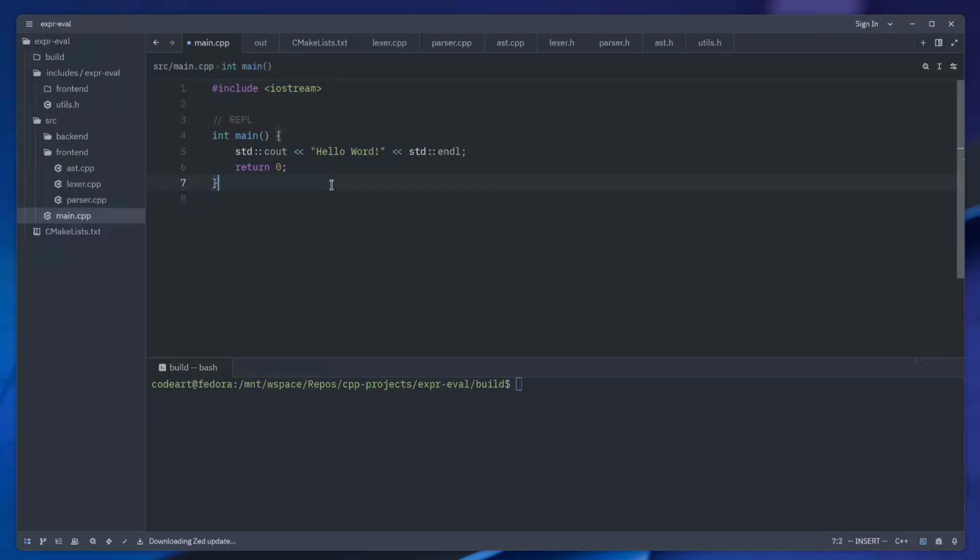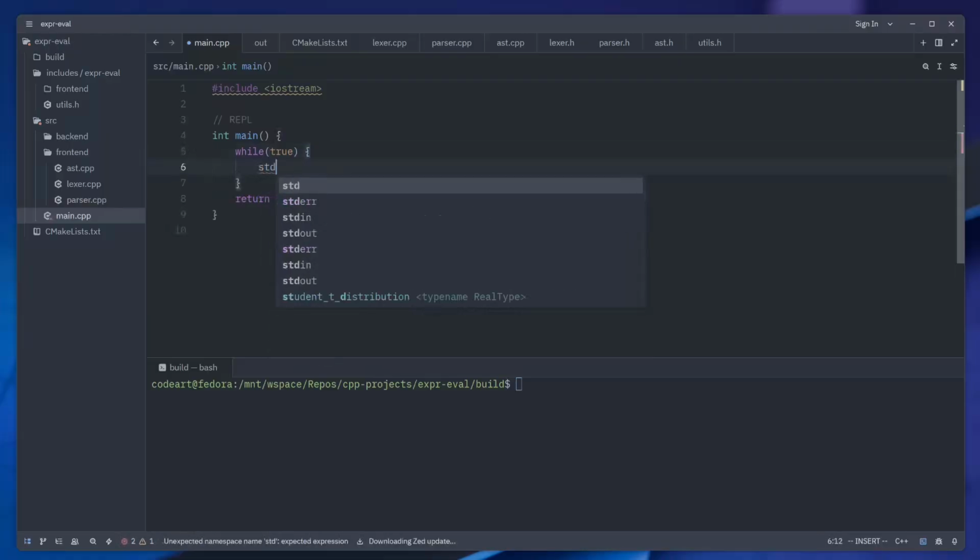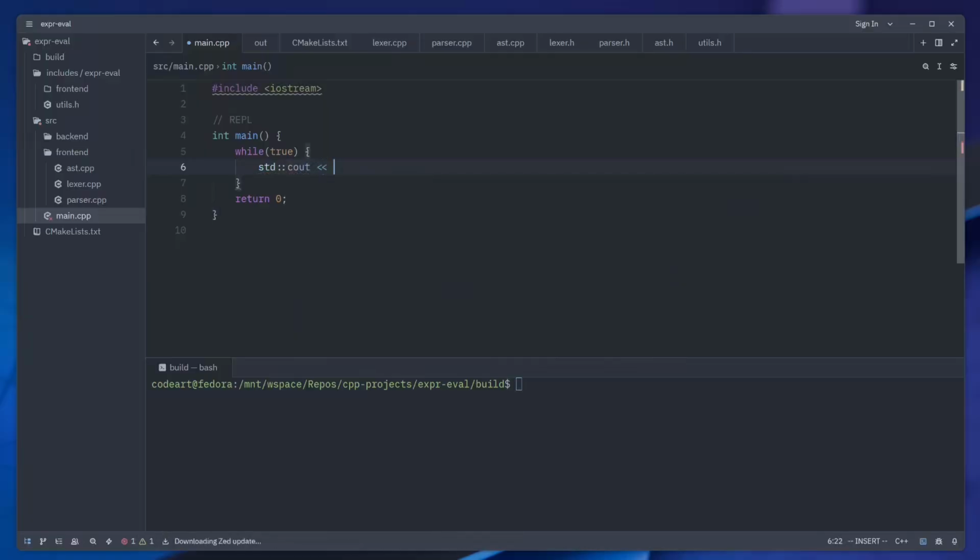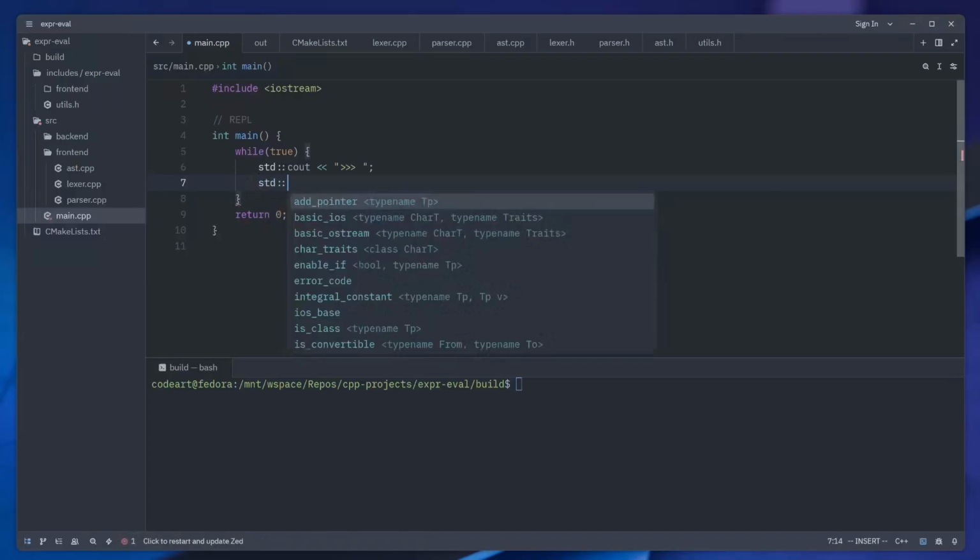So what we of course need to do is to have an infinite running loop. For that purpose, I will just remove that, and I will just do here while true, and then inside here, we need to prompt the user to give us a command. So let's use what you have just seen for Python by using three carets, and then next we need to get the input from the user, so we need to get a whole line from the user. So we'll be storing the user input into a string. Let's just call it